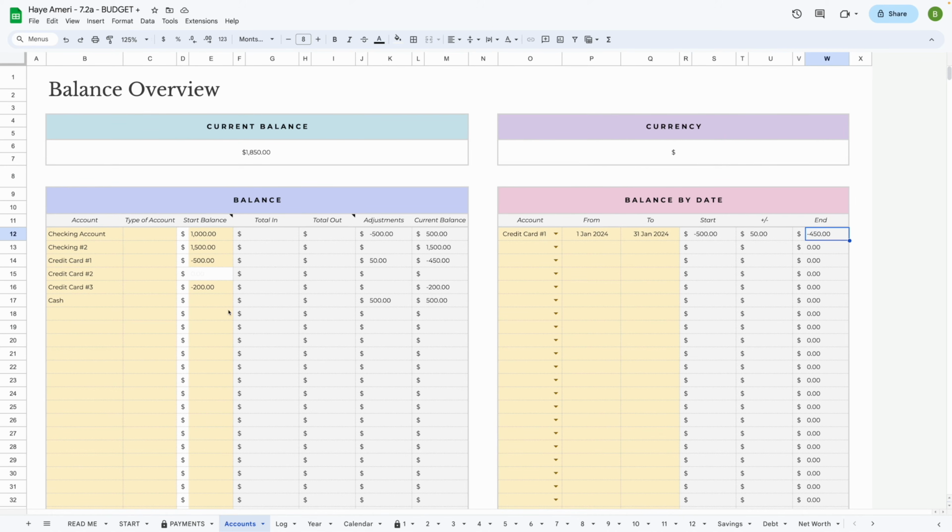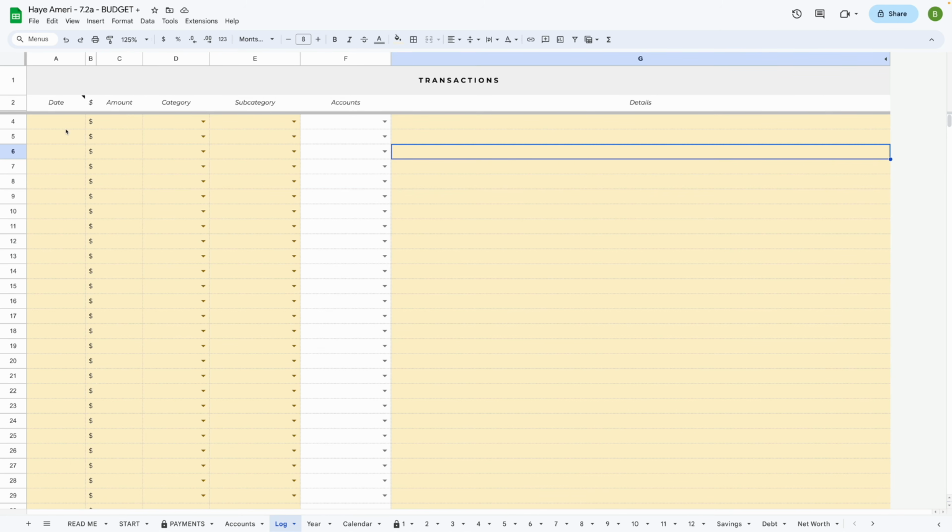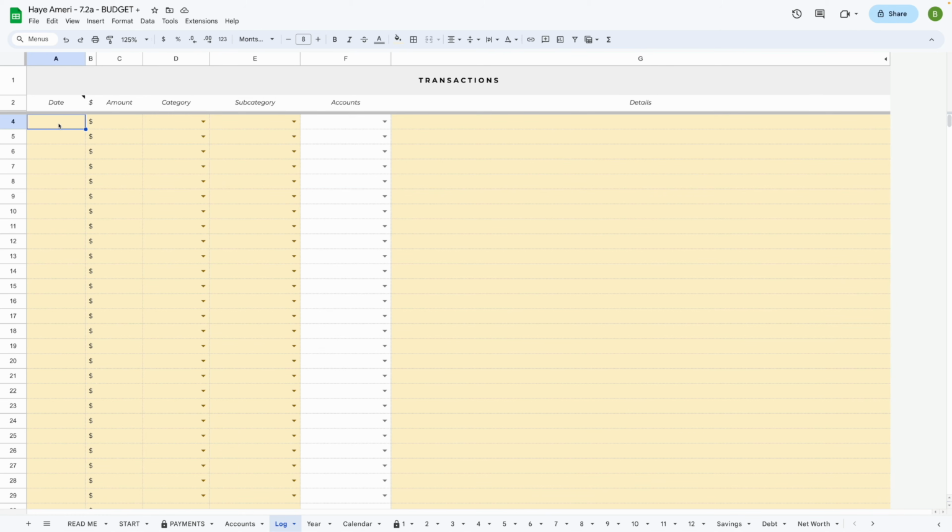Now that we've added this information here, let's have a quick better look at our log tab. Basically, any information we add to our log tab gets added to all of these other tabs, including our year tab, the 12 monthly budget tabs, savings tab, debt tab, and our worksheet. So for example, on the 1st of January, this also has a calendar field, you received income of $1,500. You just select